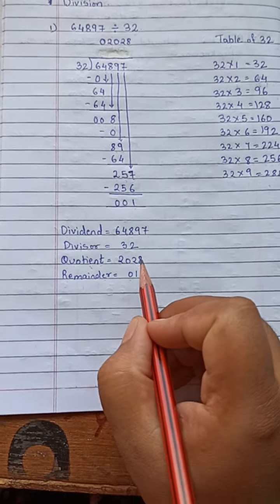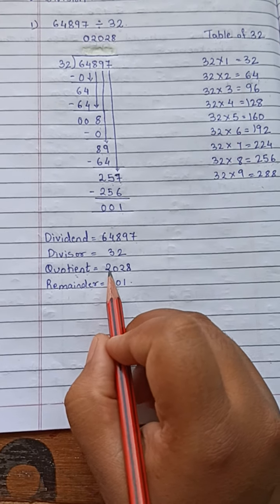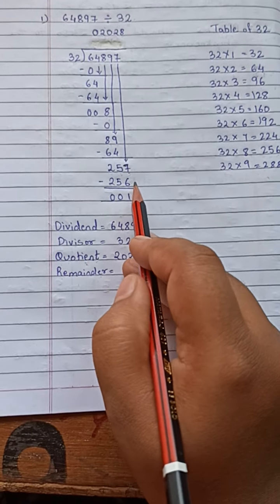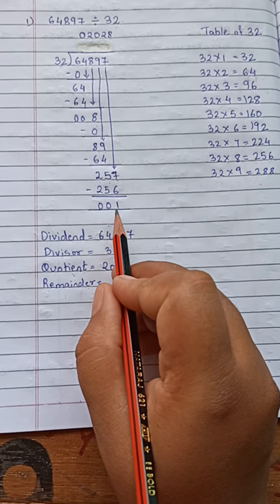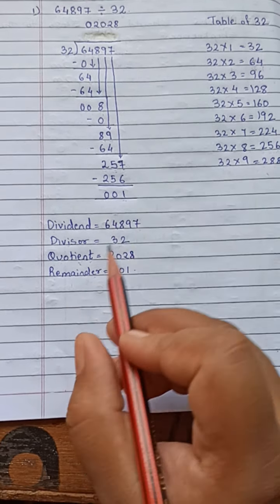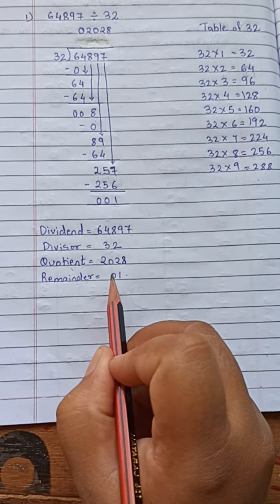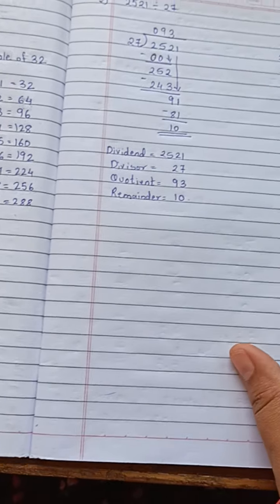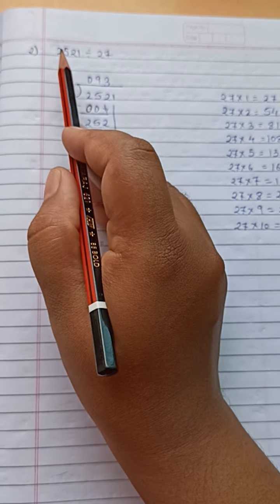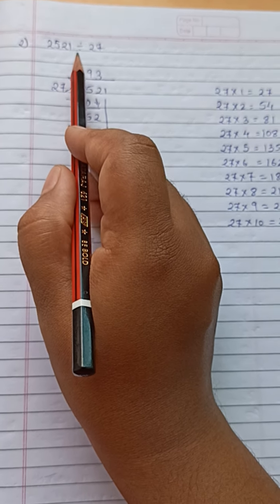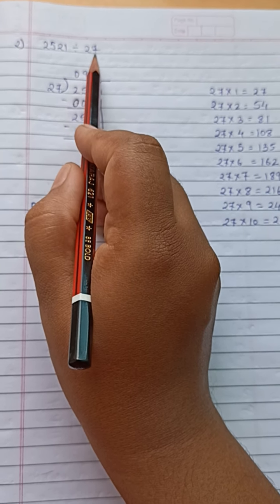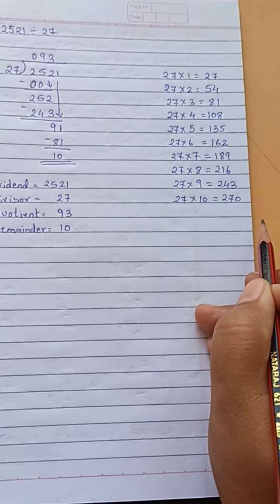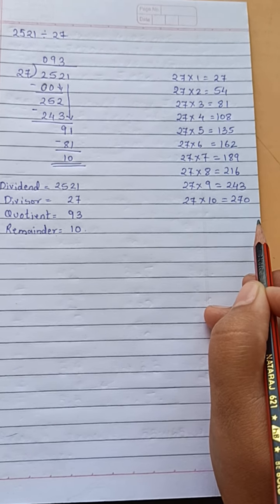This number is called the quotient, that is 2028. And after the full division, the number which we get at the end is called the remainder. Here the remainder is 1. The next example we are going to study is 2521 divided by 27. So again we are going to write the table of 27 on the right hand side of your book,